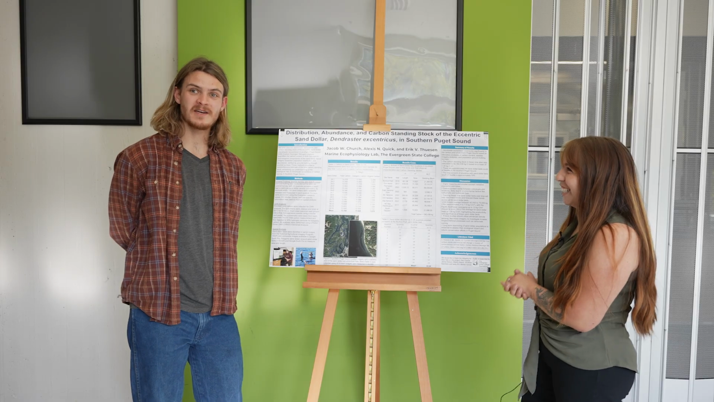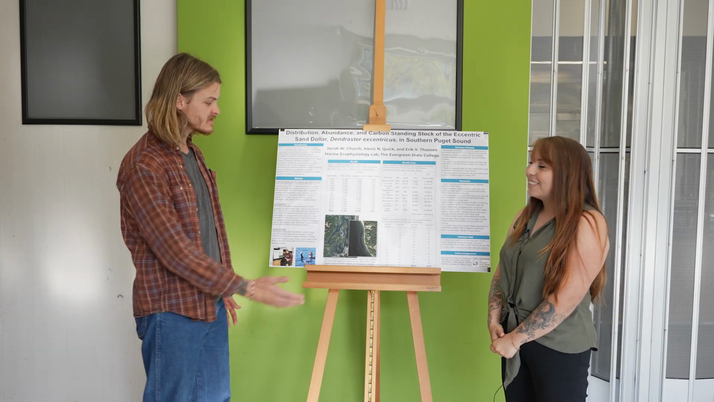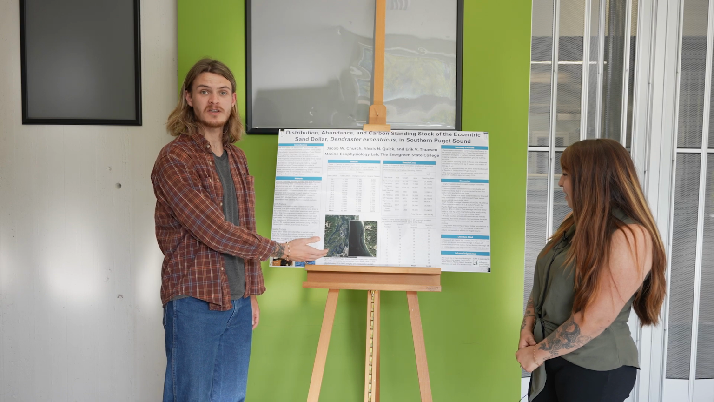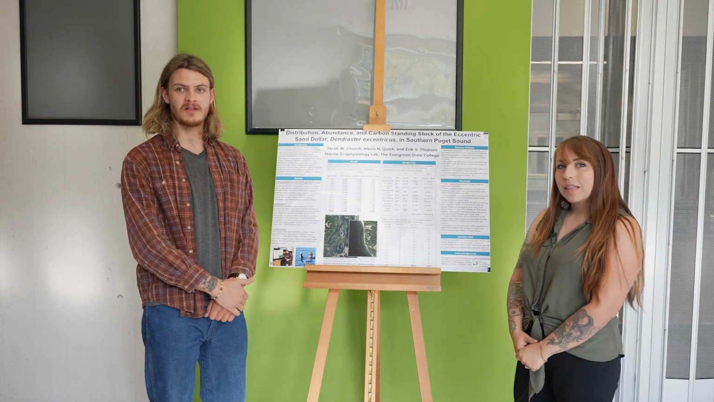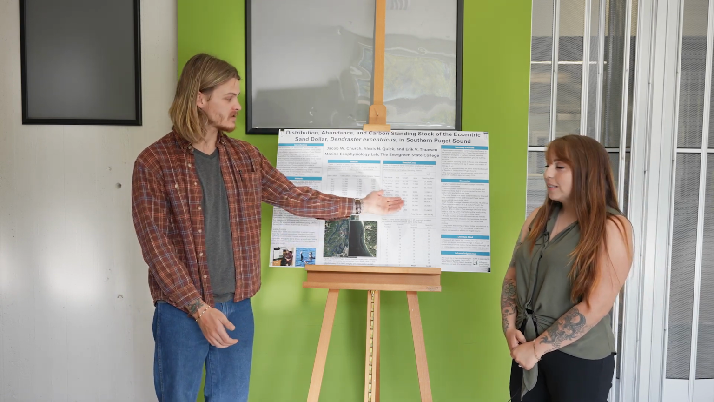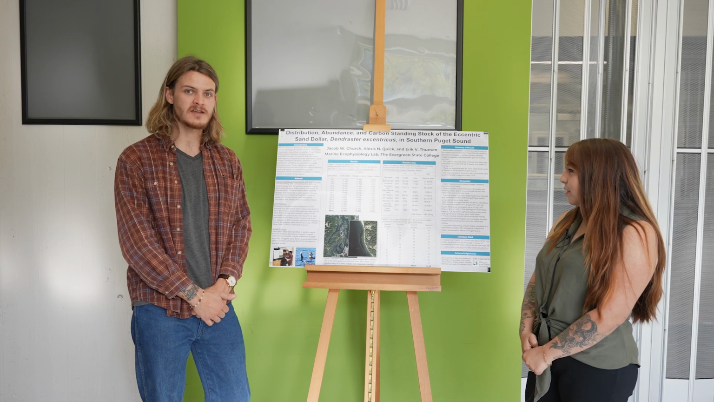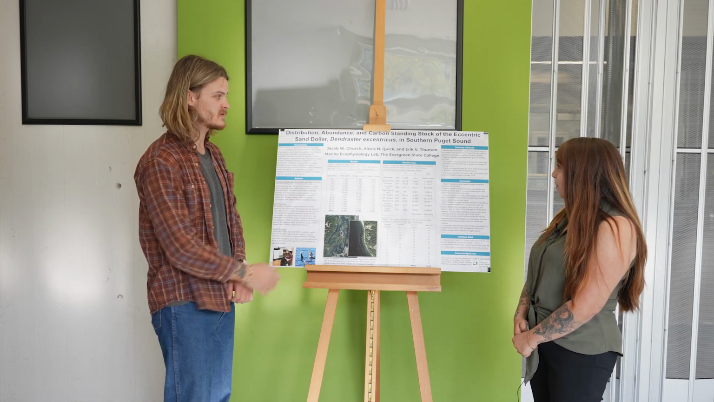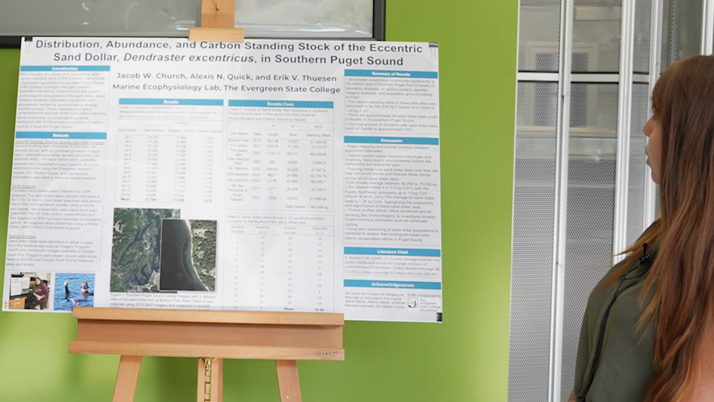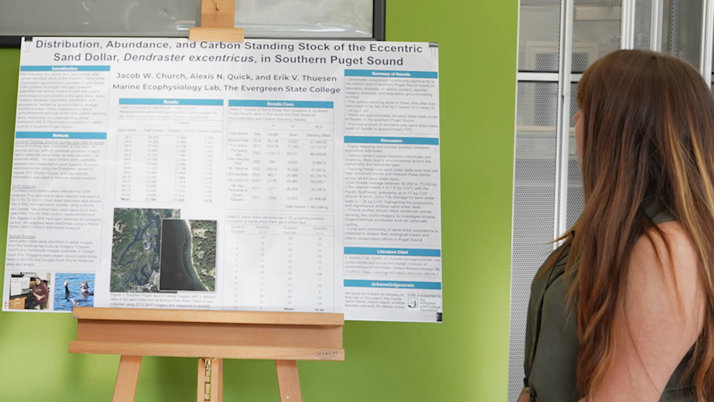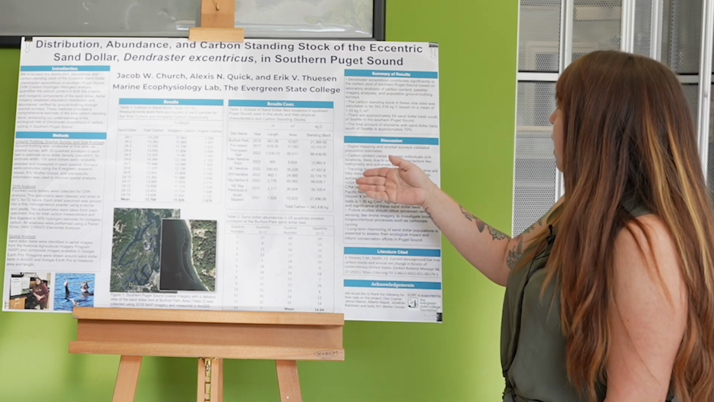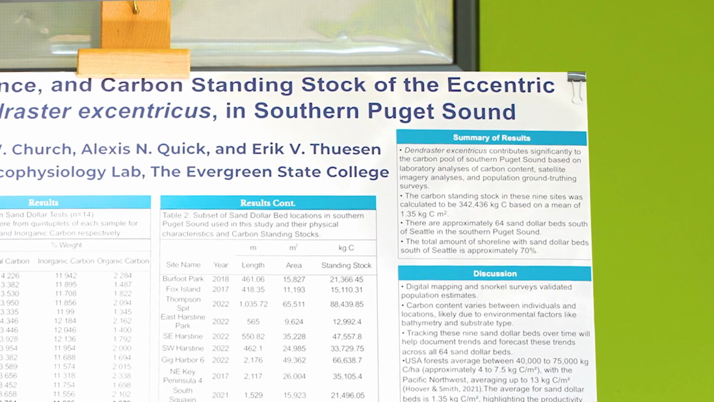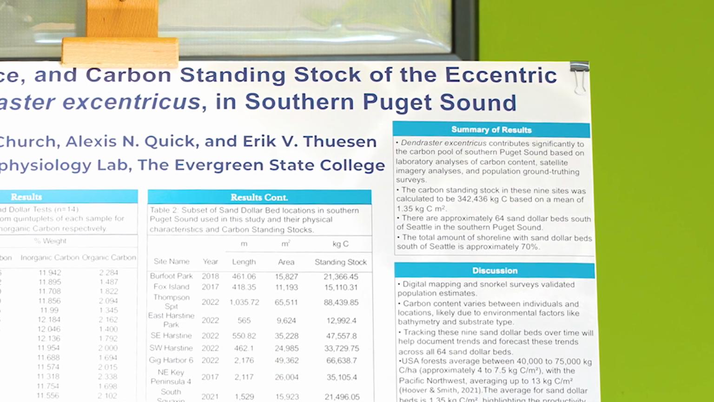Combining all aspects of the project, tying together our satellite imagery with all of the carbon data allowed us to extrapolate standing stock in our 9 sand dollar beds, which then allowed us to draw our conclusions. Some of the conclusions that we came to is that out of these 9 sites, the calculated amount of kilograms of carbon based on our mean is 1.35 kilograms of carbon per square meter, which is pretty significant in the